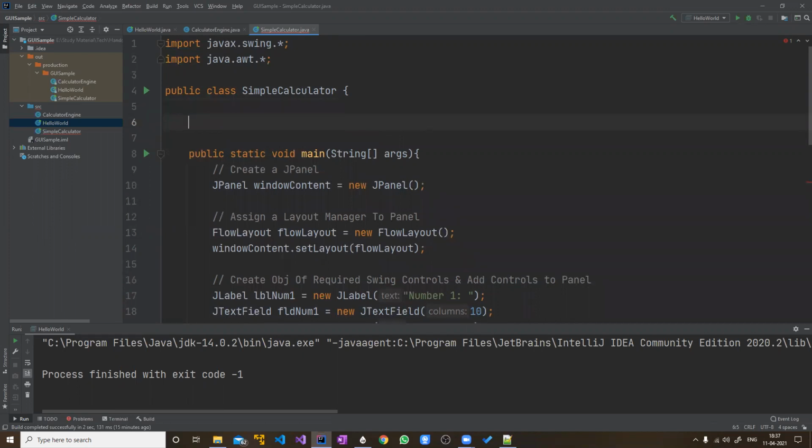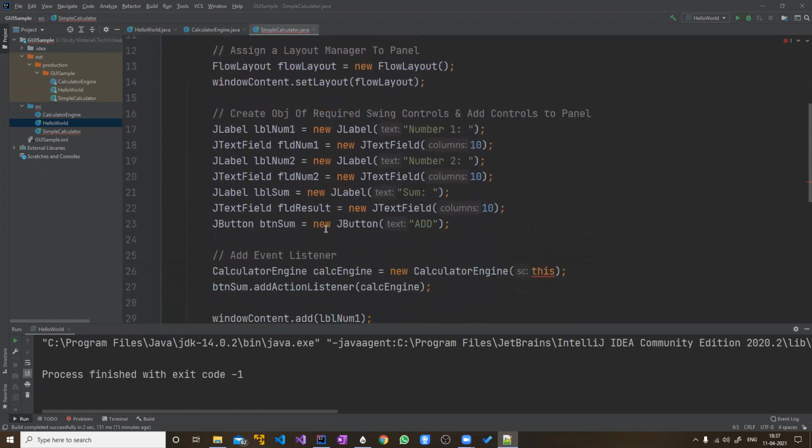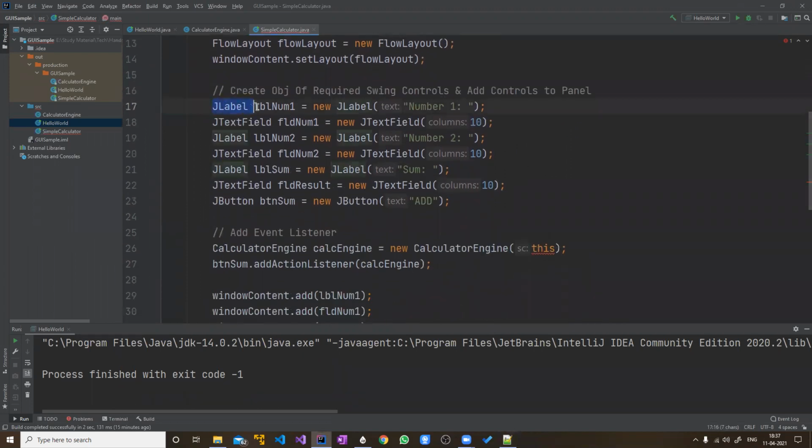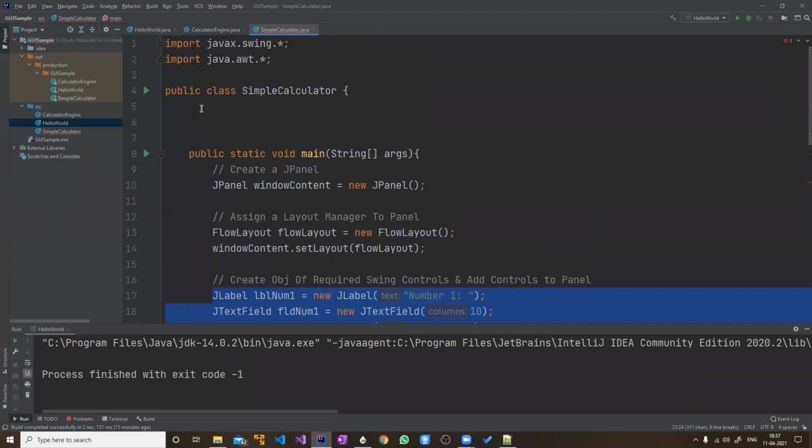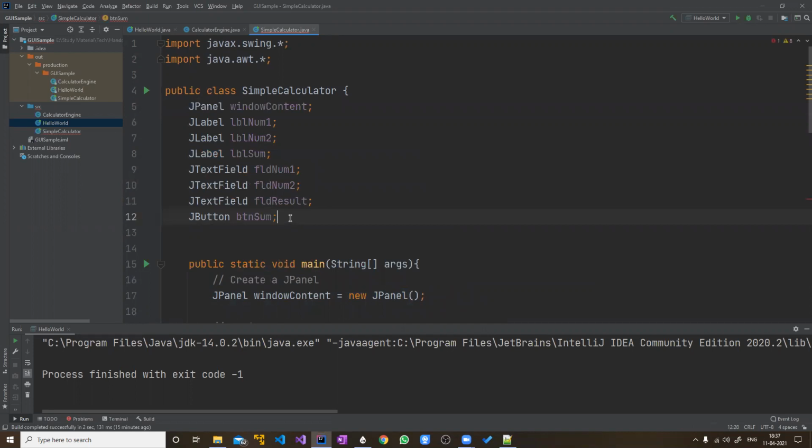So the first thing is we will move these variables outside the main method: label number one, field number one, label number two, field for number two, all these things. I'll move them outside and keep them here.